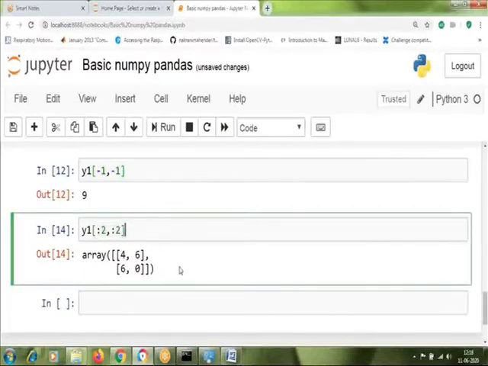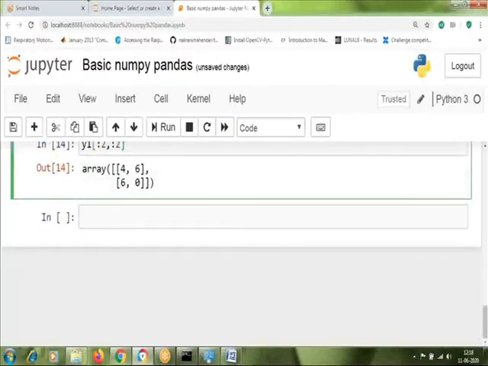What is pandas and why do we require pandas? The first important thing is that pandas is built on NumPy. So if you want to use pandas, then of course you need to install NumPy also. Without NumPy, pandas will not get installed. The advantage of pandas is that it handles tabular data. If you have an Excel sheet, you can import it into your Python program directly using pandas, or if you have a .csv file, that also can be done.